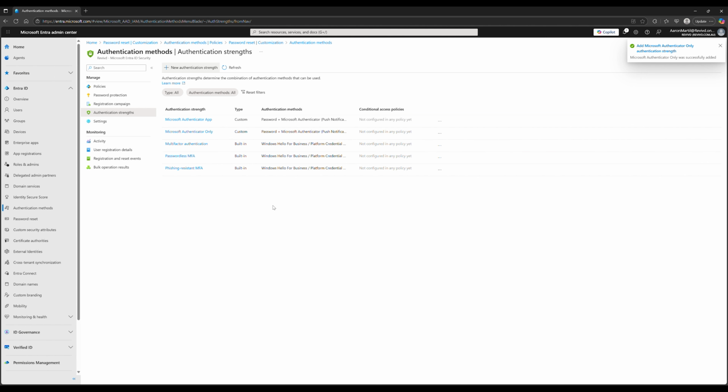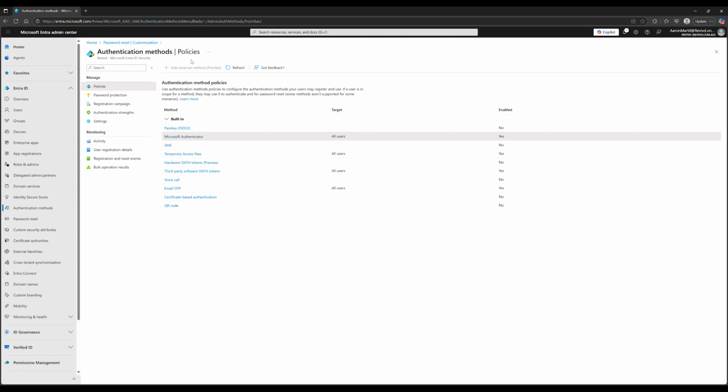So that's that. Now once this is done, we will need to configure conditional access policy to enforce this. We will get to that in the next few steps, but before we go into that, what we're going to do next is we are going to configure our Microsoft Authenticator settings. So to do that, you'll need to go into your authentication methods again. So authentication methods down here, and then Microsoft Authenticator,